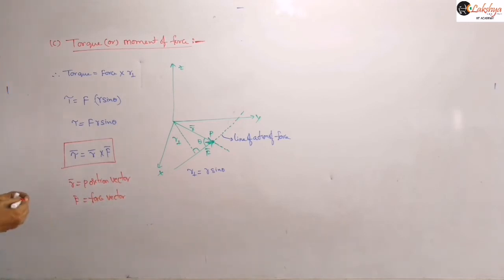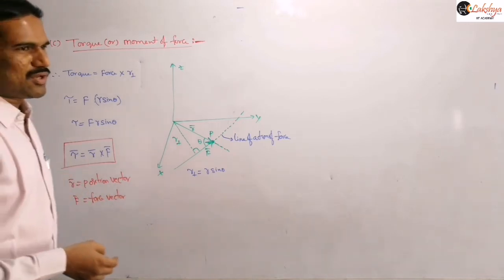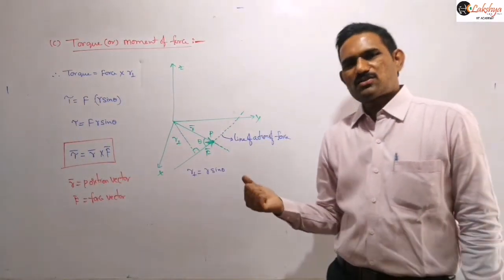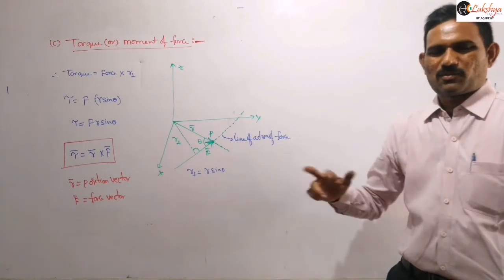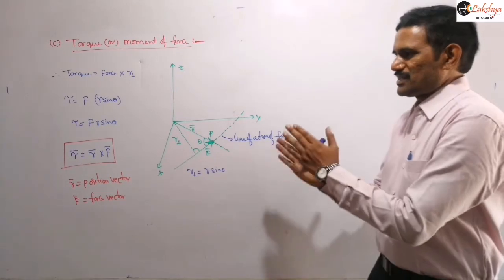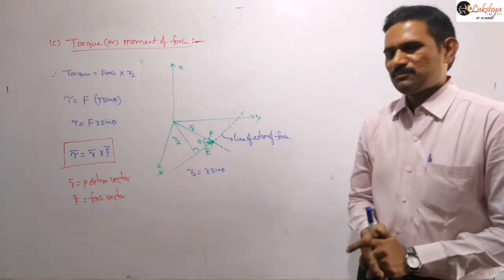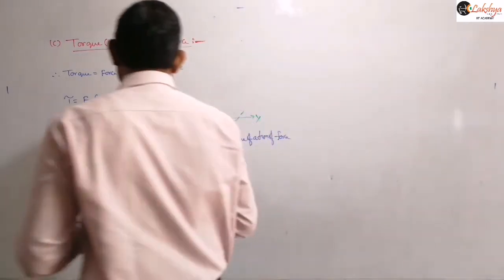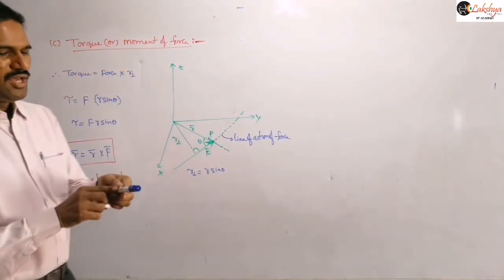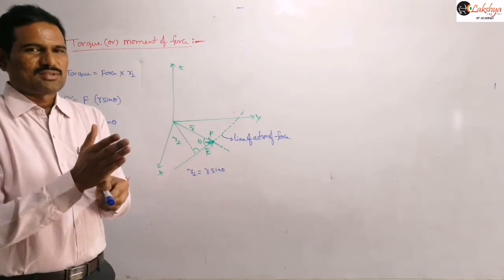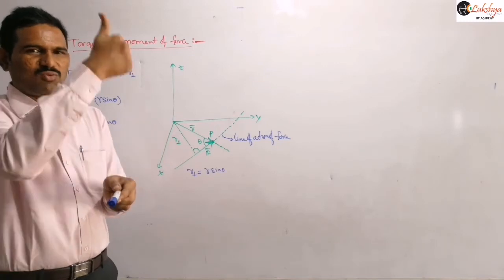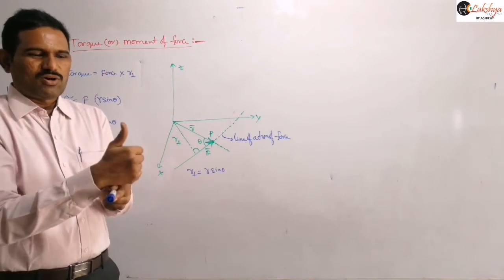So that means you need to remember, you need to write the torque as r bar cross F bar only. Because the torque direction is defined like this, r bar cross F bar, you can't write F bar cross r bar because we know already A bar cross B bar is not equal to B bar cross A bar. So you need to write this as r bar cross F bar only, right? So r bar cross F bar means from that we can define the direction of the torque will be along this axis of rotation. R bar is like this and F bar is like this. So that means I can represent F bar here, for example. So r bar cross F bar means by using our right hand thumb rule,